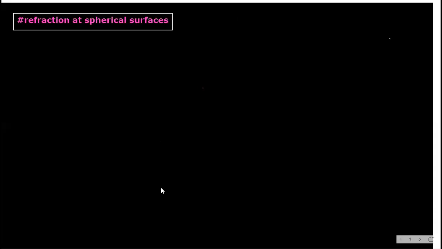Now first of all, I'm drawing one diagram. Just see how the refraction takes place at a curved surface. You can see this. This is a curved surface, you know.